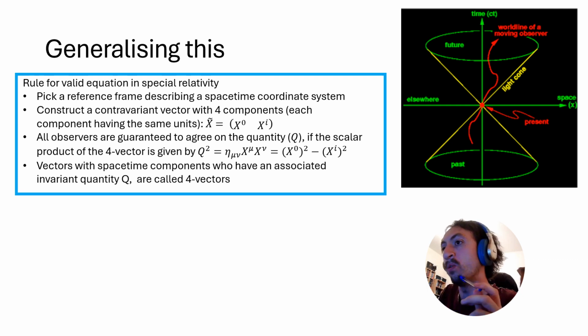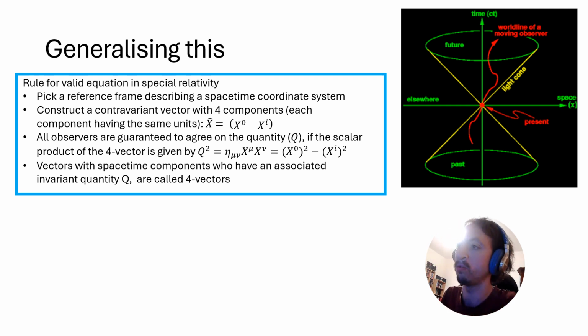And then all observers, if this is a proper four-vector, a vector whose length all observers will agree on no matter the reference frame in which they describe it, so if our vector with four components is a proper four-vector, then all observers will agree on a scalar quantity we can get by taking the dot product of the four-vector with itself in hyperbolic geometry,